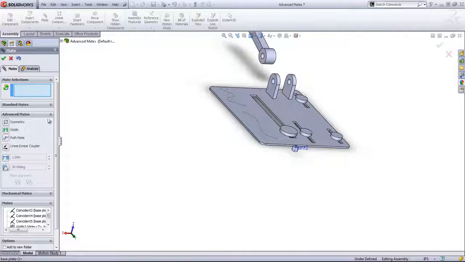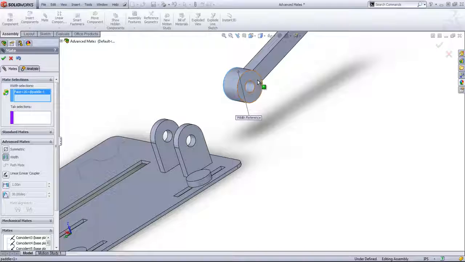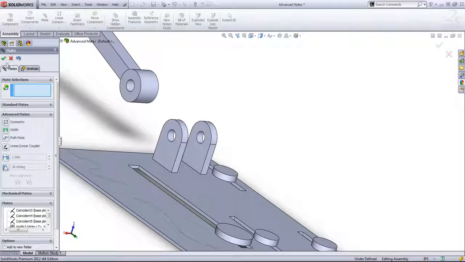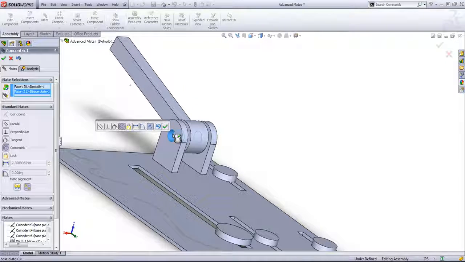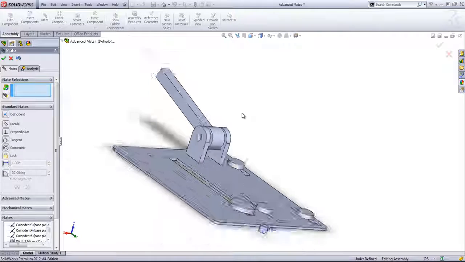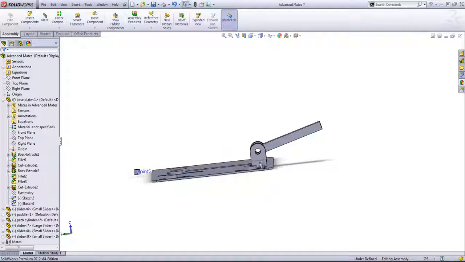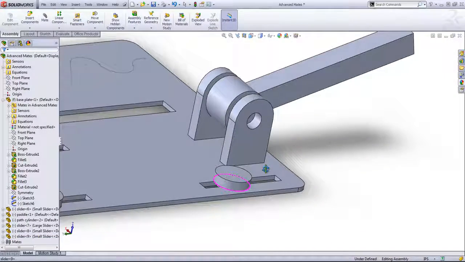The last with mate I want to add is going to be between this lever and these two tabs. And I'll go ahead and make these two cylinders concentric. Now that we have those with mates added in, we can see that this will move along, or this will slide along that slot, but it won't stop at the ends. For that, we're going to need a